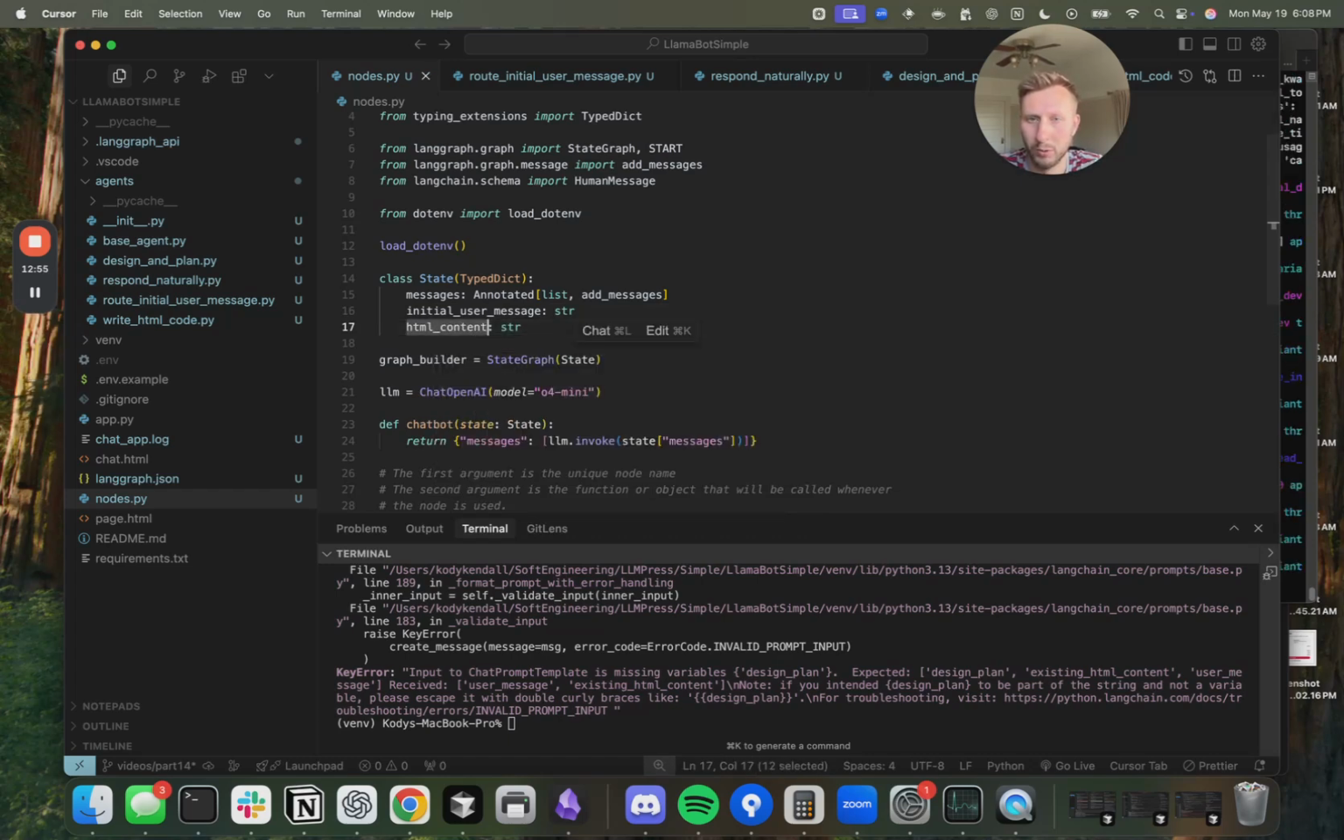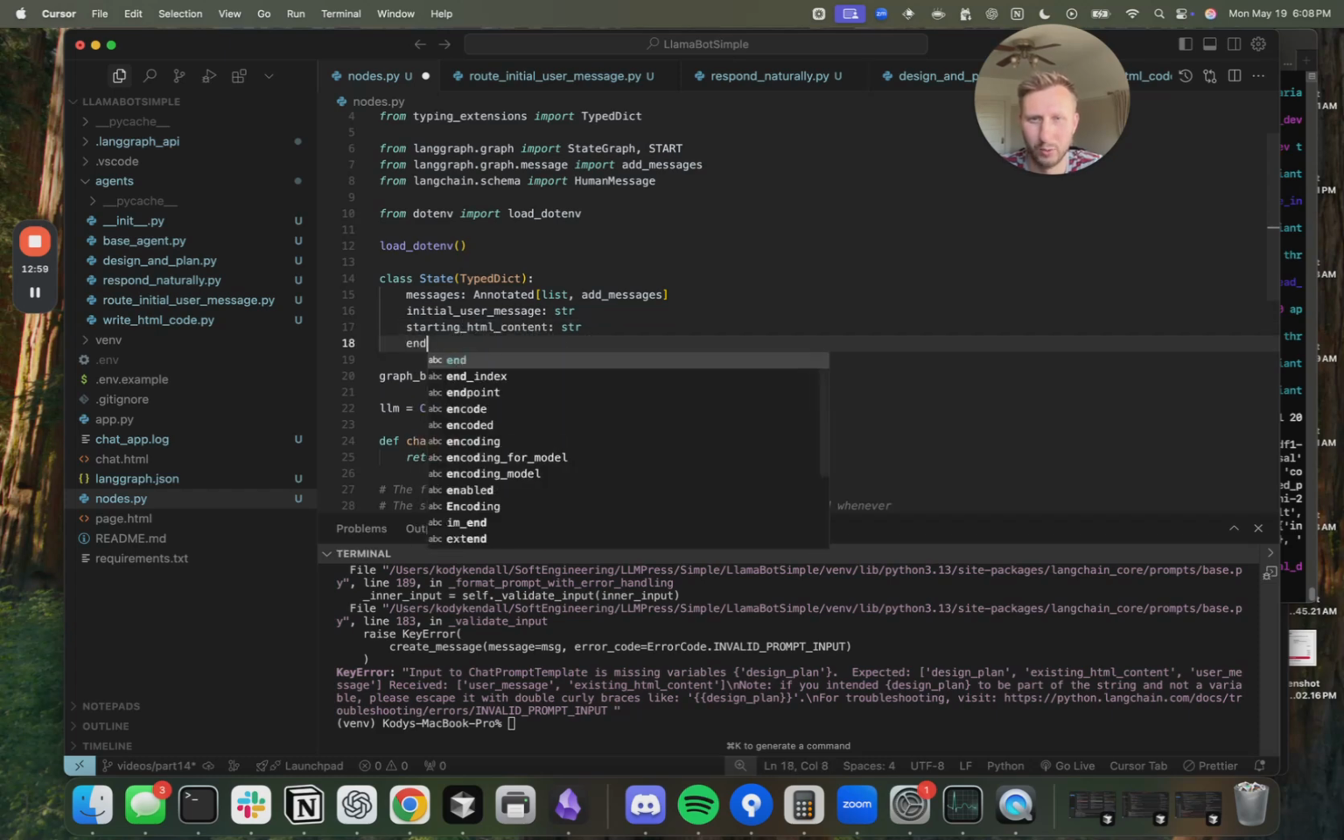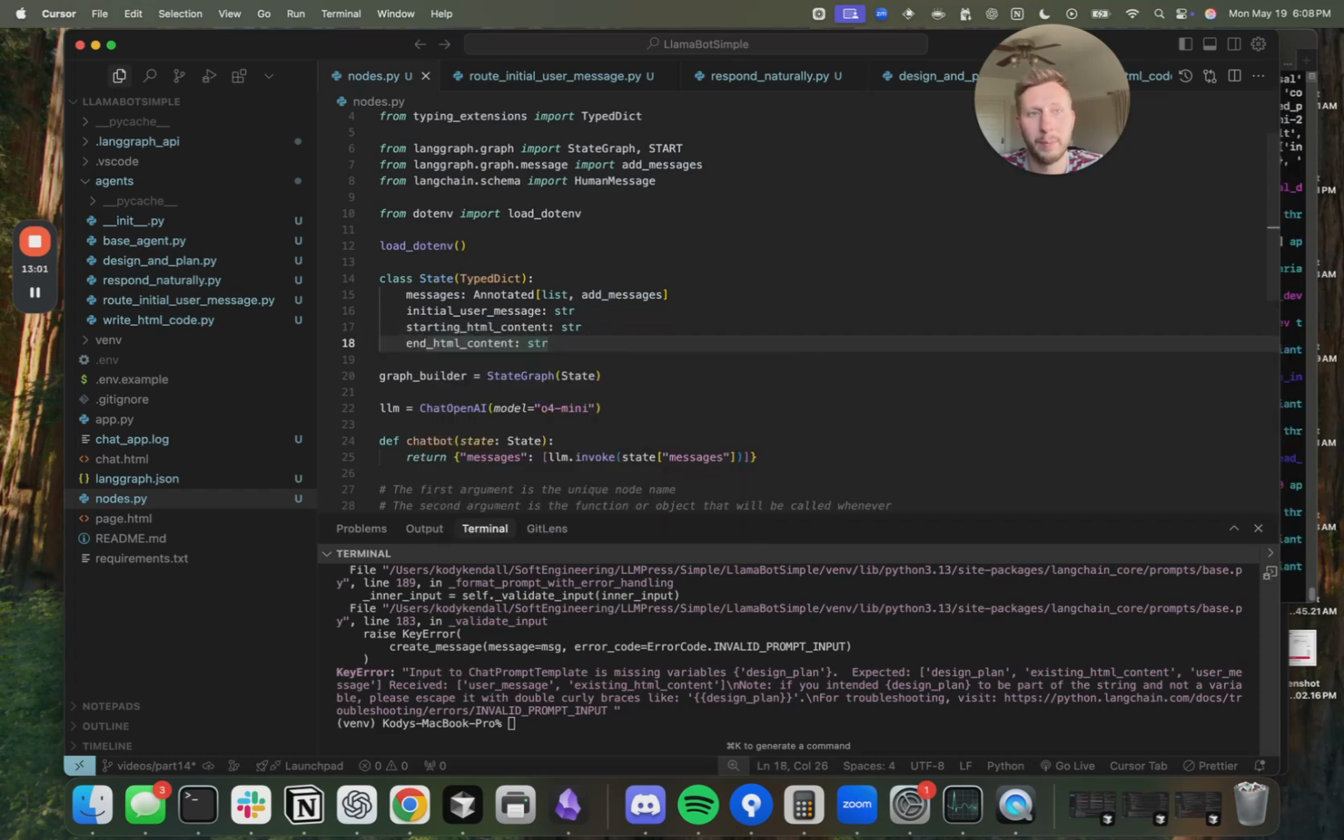In fact, probably what we'll do is we'll actually do starting HTML content, and then let's add another one for ending HTML content. By having these two separated out, it just makes it really easy because when you're debugging, you can see what the HTML content was when you first started the workflow, and then by the time you get to the end of the workflow, you can see what the LLM had changed, and that's a great way that you can in the future set up a diff tool to see what the code